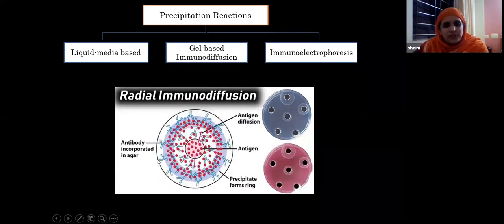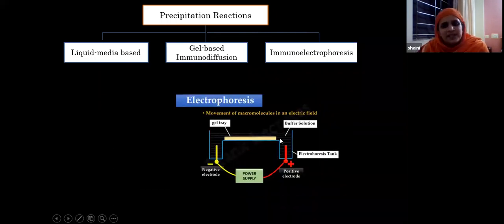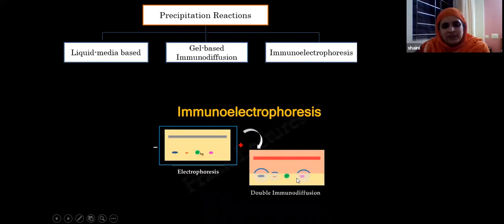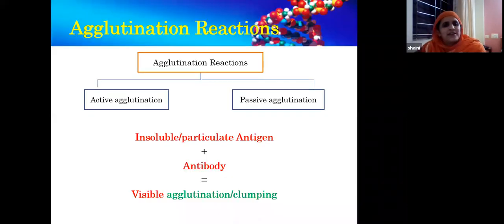Then you have immunodiffusion. This is a test sample or test antigen, and you have antibodies incorporated by diffusion. You get a precipitation reaction here. With electrophoresis, as we had seen in blotting, again it is electrophoresis in a gel, and then you get the arcs here. This is called the immunodiffusion technique in precipitation. But precipitation reactions are not specific at all, and they are not commonly used nowadays.